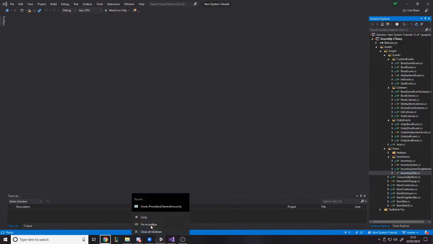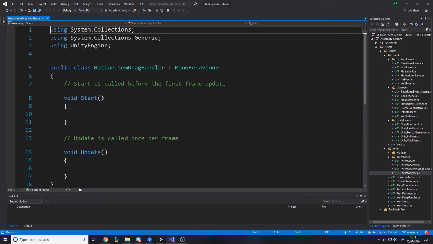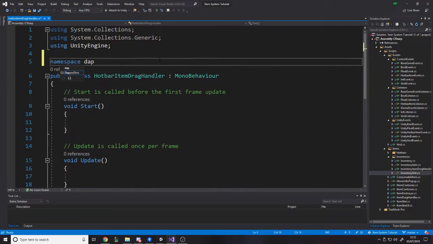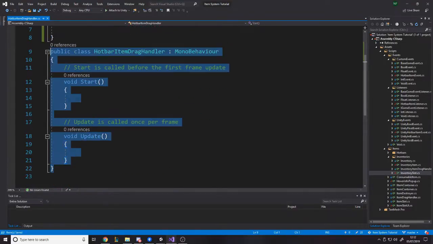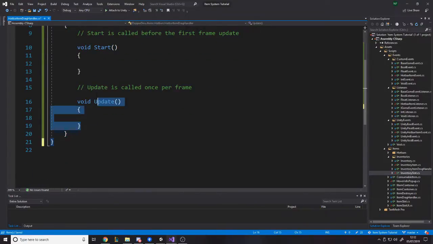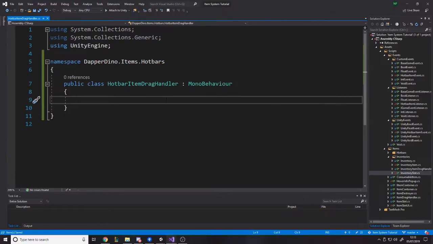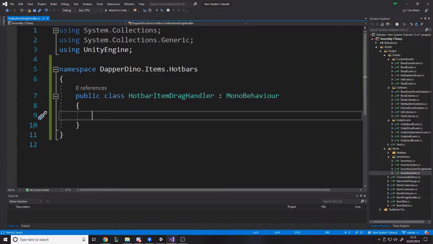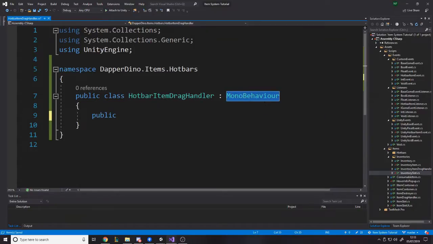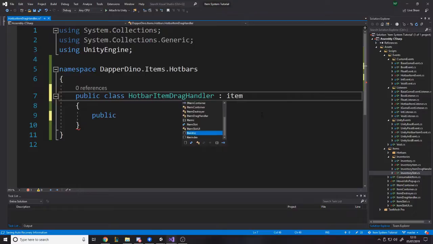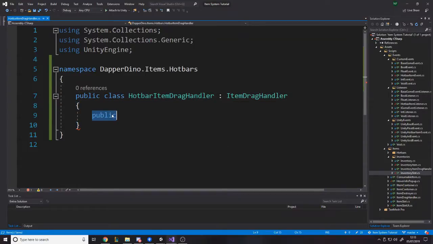Now there's one more script to work on for this video, which is the drag handler. I'm going to put it in the namespace dapperdino.items.hotbar and put the class in here. For the drag handler, we want to say what happens while we're dragging a hotbar slot item. It's pretty simple. We have to say public, oh wait, it's not going to be able to override unless we say we're inheriting from item drag handler. So now we can say override